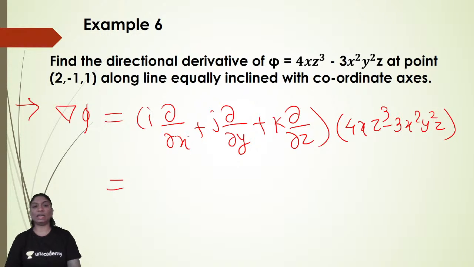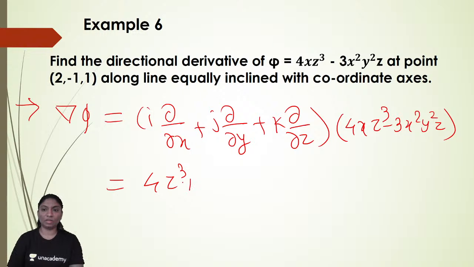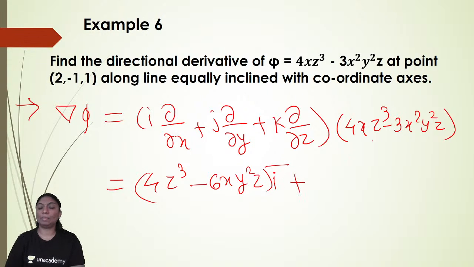Del phi is i del by del x of this, so you will get (4z cube minus 6xy square z) i bar plus del by del y of this, which is minus 6x square yz j bar